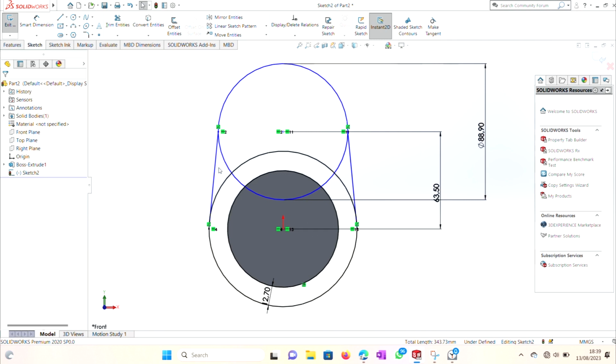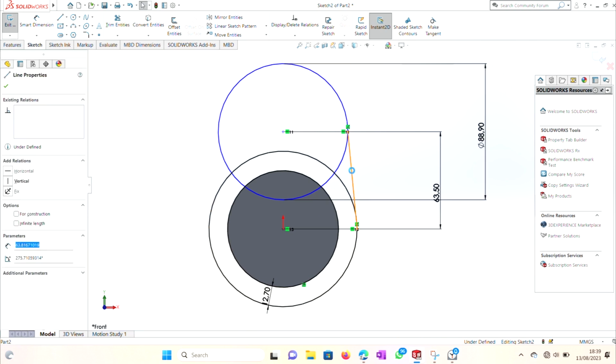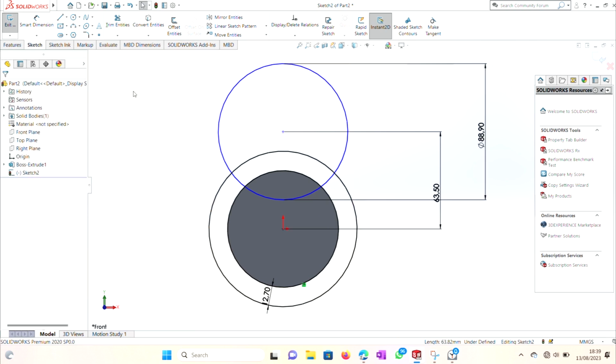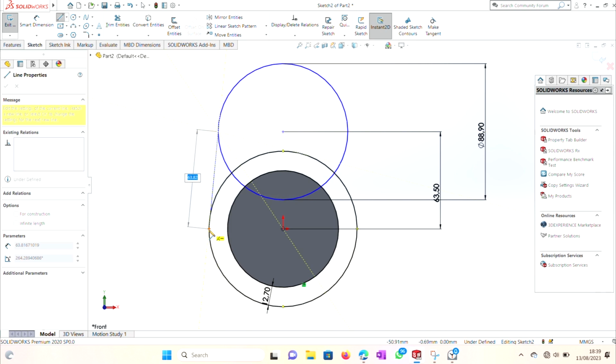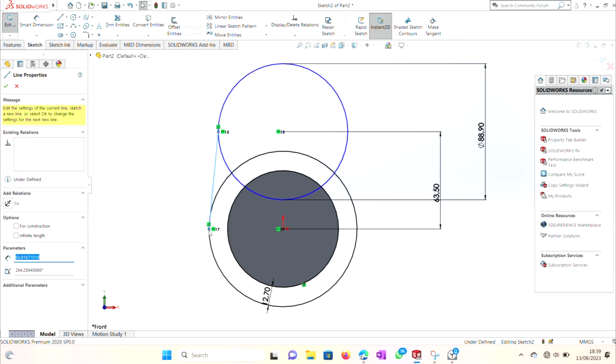We trim this, we erase the lines that are useless, delete and delete, and we make another line again. We repeat it again and then